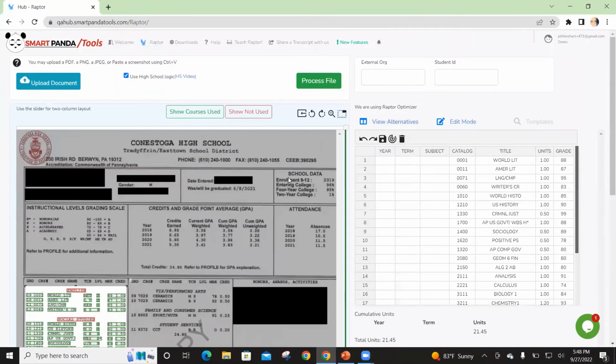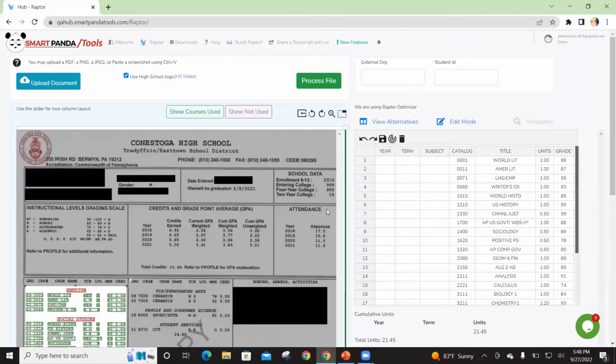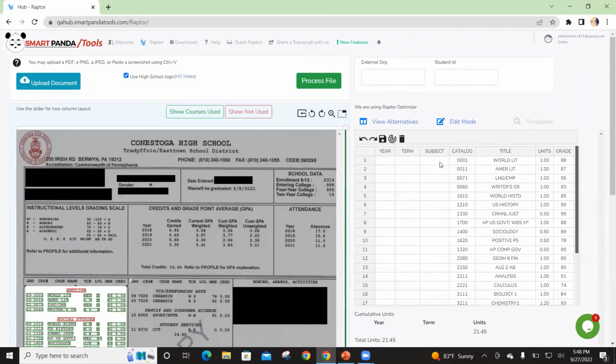Okay, let's go ahead and close that. So the technique we're demonstrating here, just to recap, we showed the column divider, we talked about area selector. Let's talk about drag to fill cells. So yes, in regard to high school transcripts, there's going to be some data elements that will not be located. Either they're not at all on the transcript. So in that case, if you need these data elements, year, term, and subject, we're going to show you drag